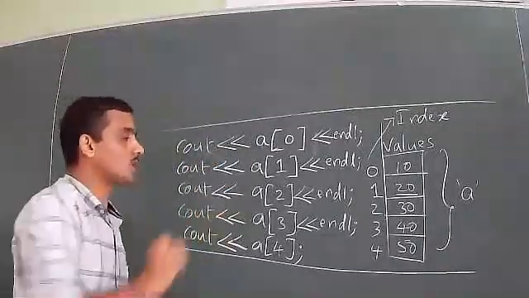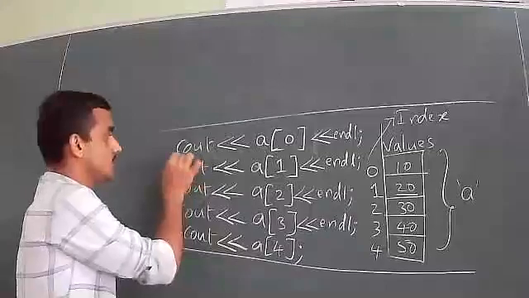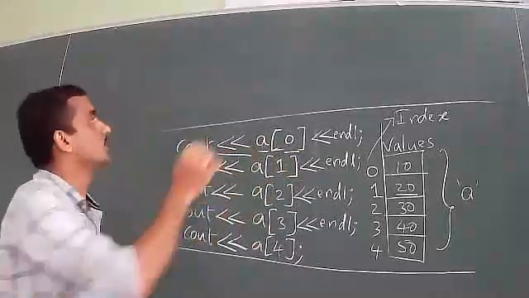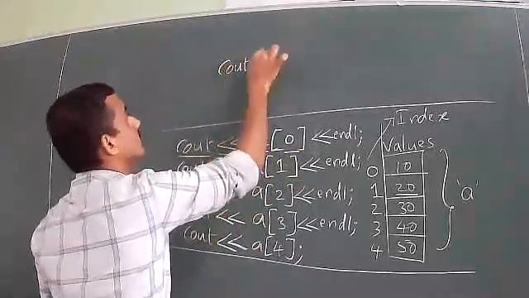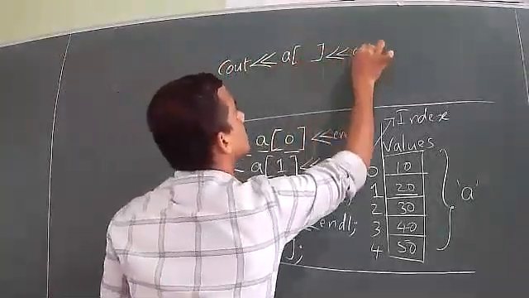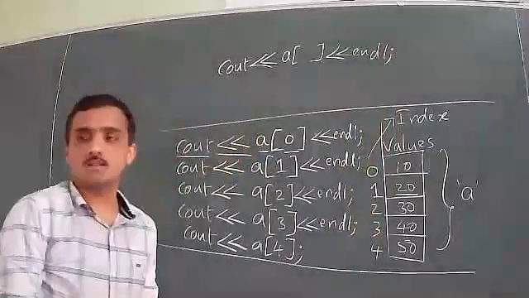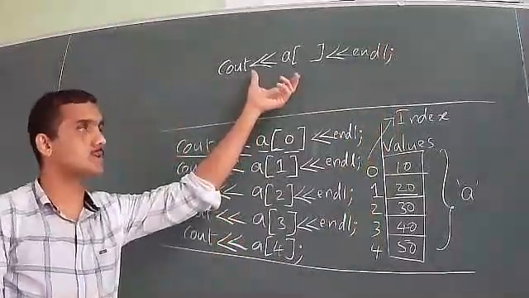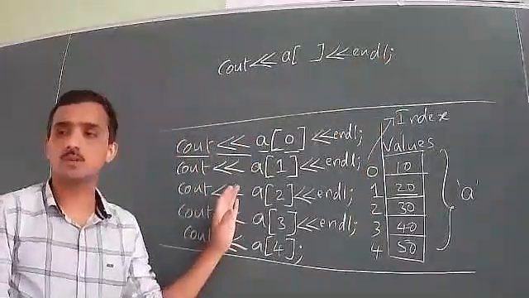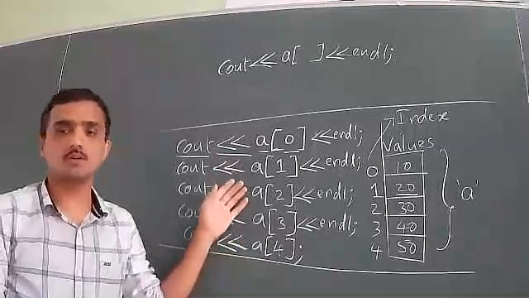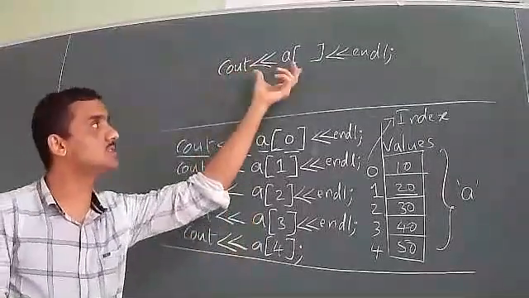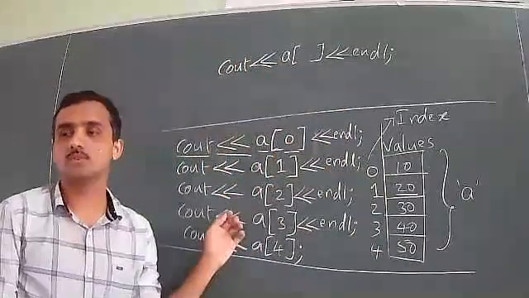So consider the statement how we have written. Okay, cout insertion operator, A is the array name, and then the subscript value, right? The intention of writing this code is that I want to reduce these statements. Here 5 statements are there. If there are 10, or 50, or 100, I cannot write that many statements. I have to avoid it. So in order to avoid that, I will write only one statement. With one statement only, I can display all the values. So we'll see how it happens.